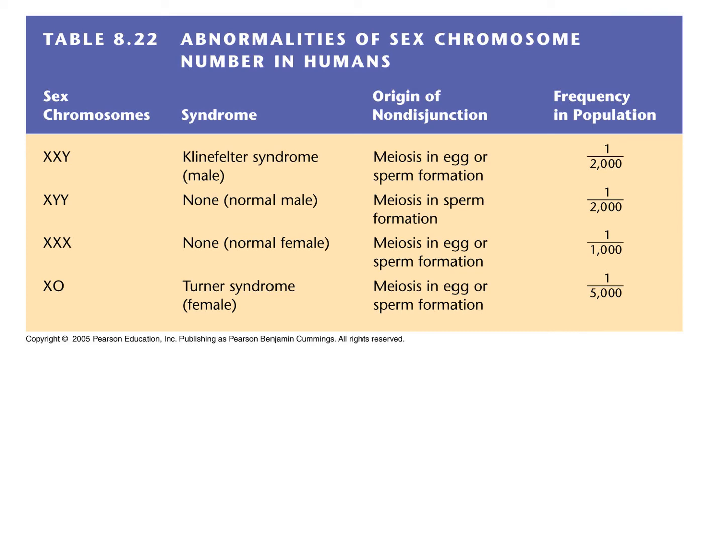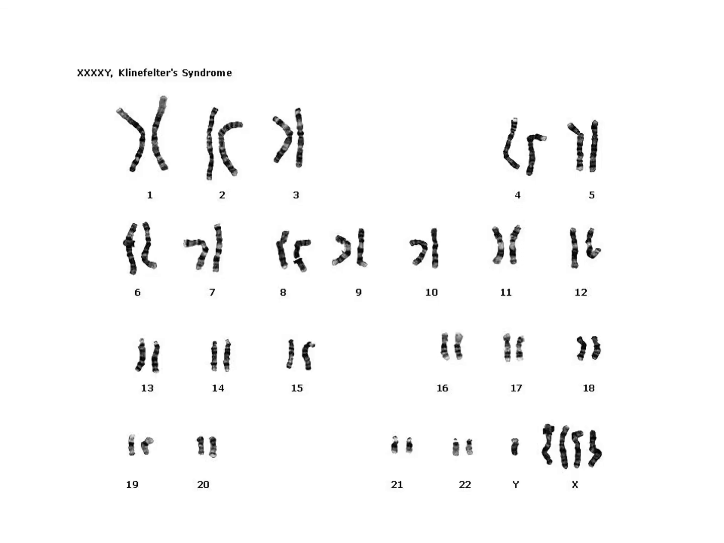We don't see many other viable aneuploidies beyond chromosome 21 and the X and the Y. The other chromosomes just carry too many important genes to have a normal embryonic development with extra or missing chromosomes. Here's a karyotype from a rather extreme case of Klinefelter syndrome, where there are actually 4 X chromosomes, right? So again, this is still a viable condition,